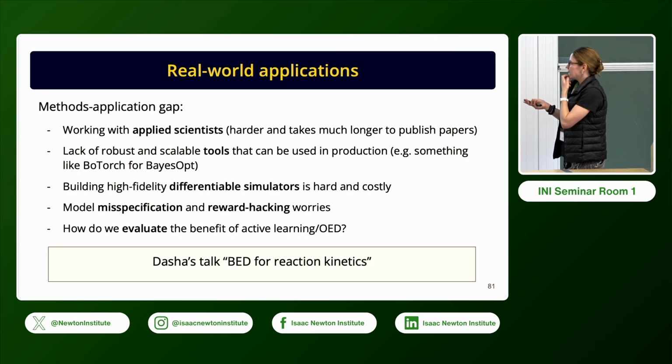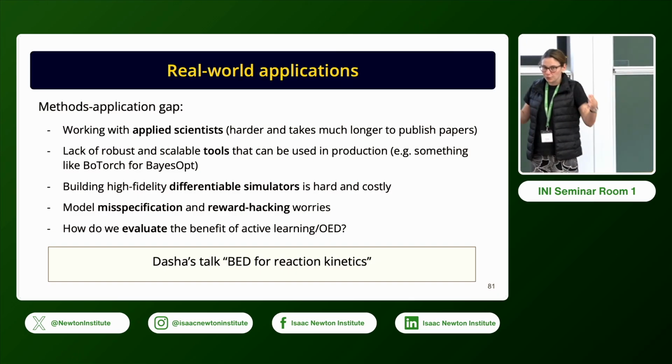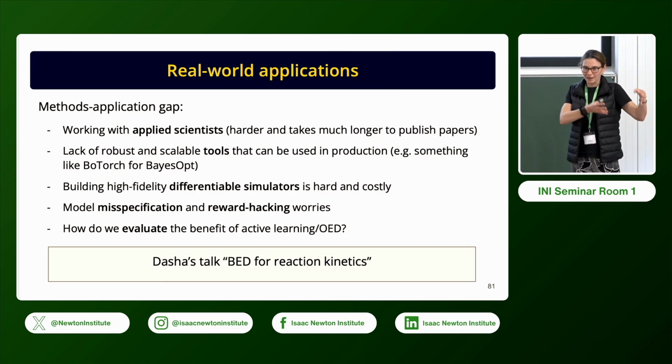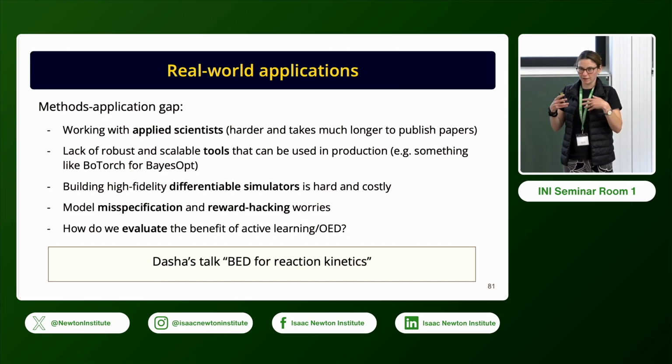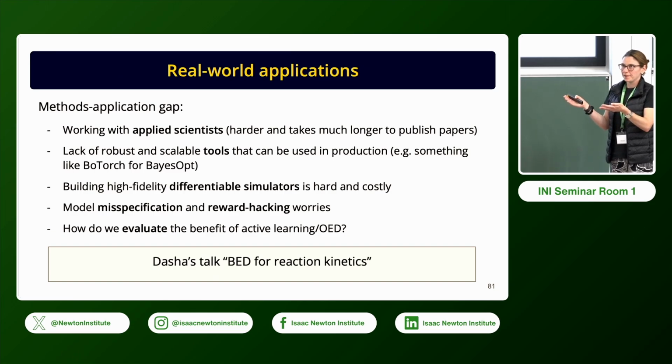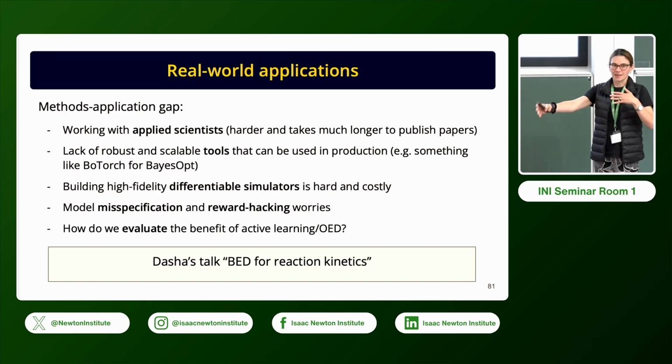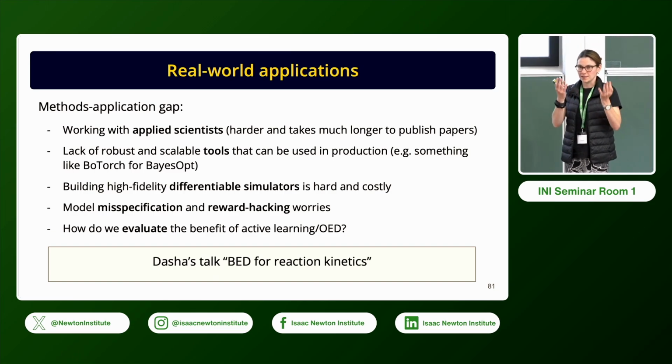And finally, I feel we need to sit down and think about how we evaluate the benefit of doing active data acquisition, being Bayesian optimal in a sense. We look at mutual information, but there are so many things we need to care about: design diversity, robustness and specification, and various other forms of robustness, some of which